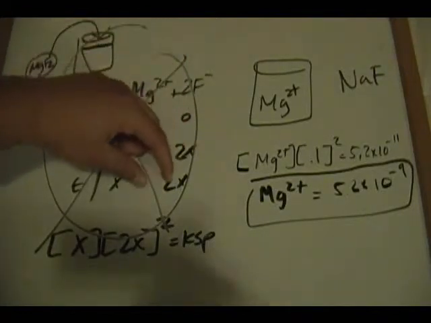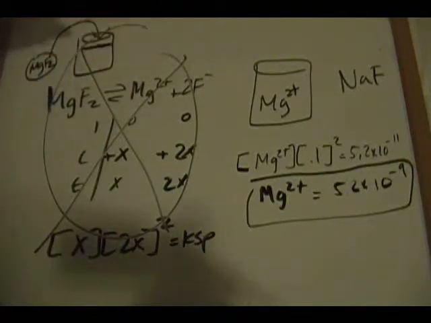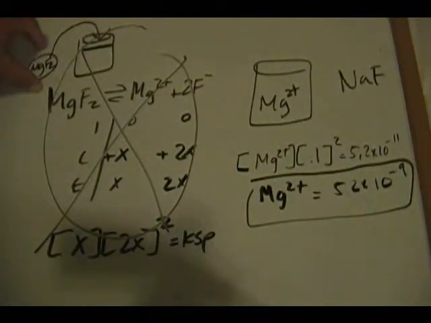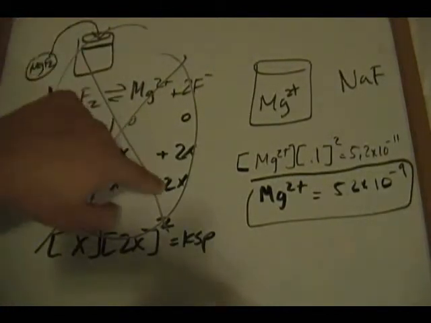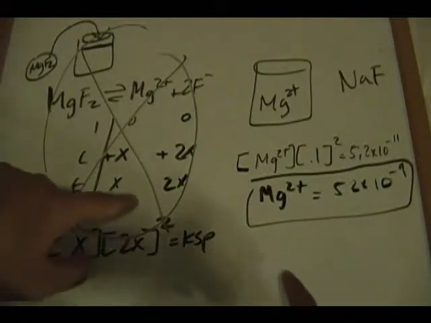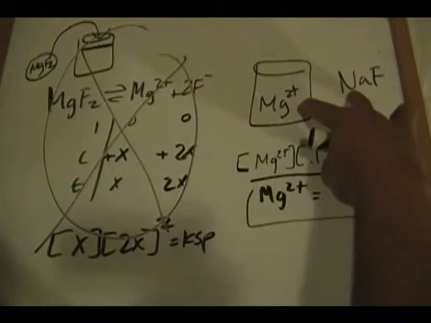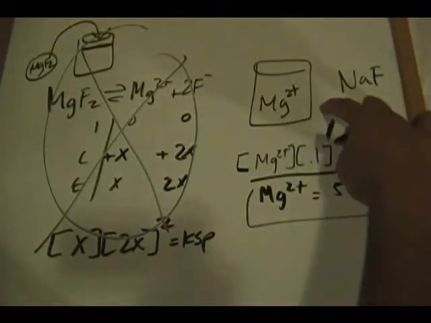This 2x is based off the 2-to-1 ratio, and this 2-to-1 ratio is based off of one source. So since this 2x is based off of one source, it cannot be the same thing as two sources. When it's two sources, magnesium from one source and the other from another source,